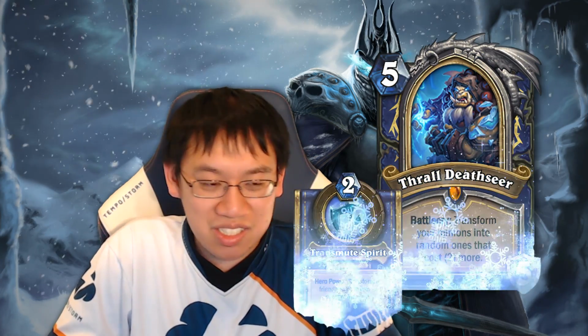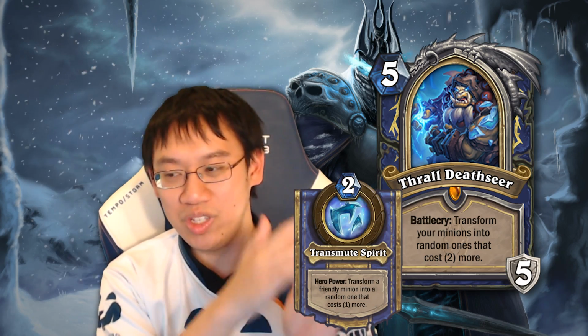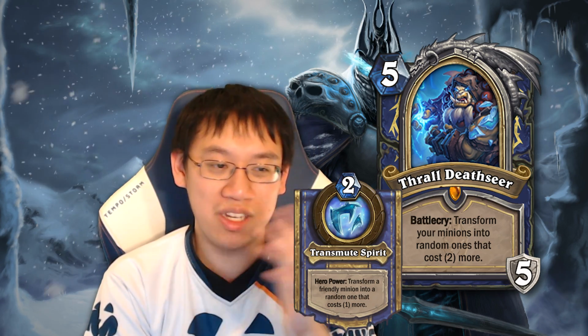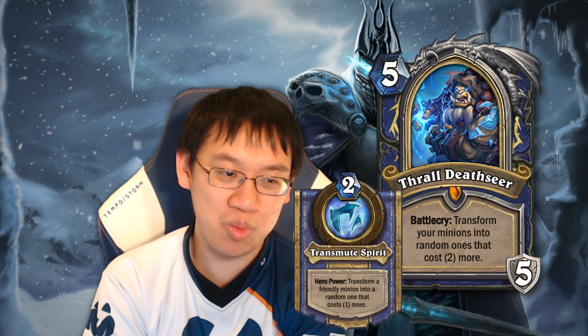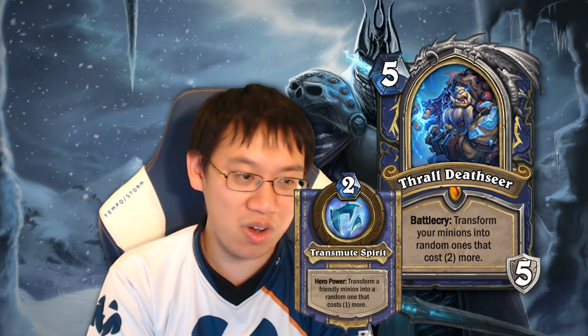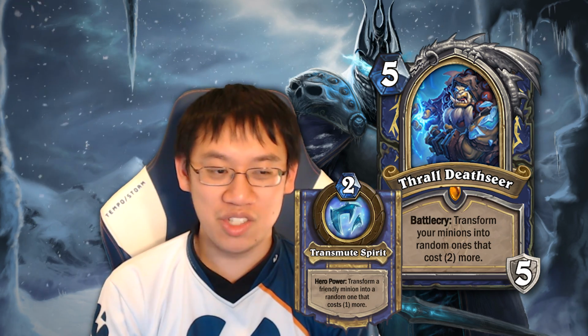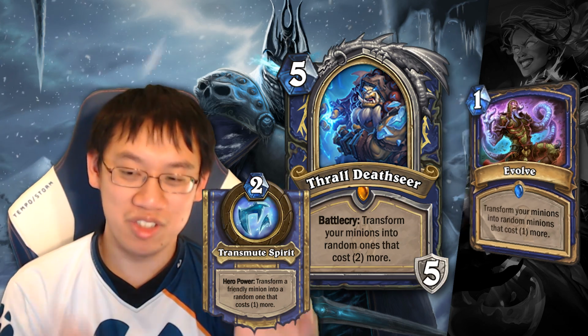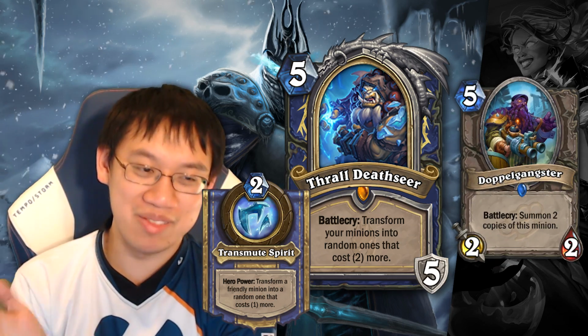Thrall, Deathseer. Thrall is definitely more of an early mid-game Death Knight, where you're looking to build a board and then you play Thrall, Deathseer to transform your minions into random ones that cost 2 more. And the hero power on it is transform a friendly minion into a random one that costs 1 more. So Evolve Shaman is totally a thing right now, where you have Doppelgangster and you play Evolve, and that's a